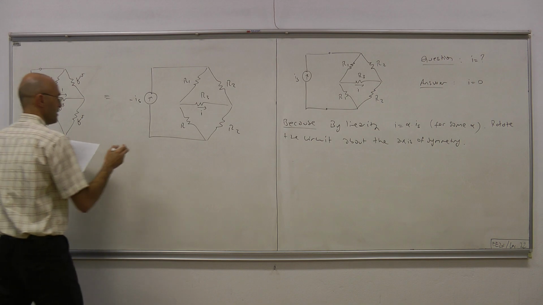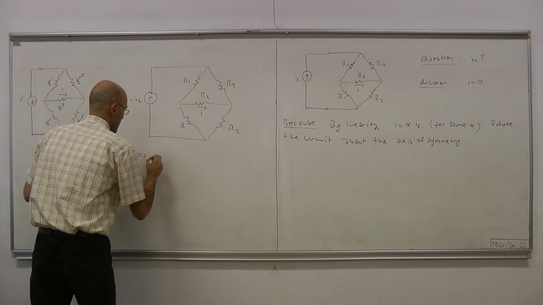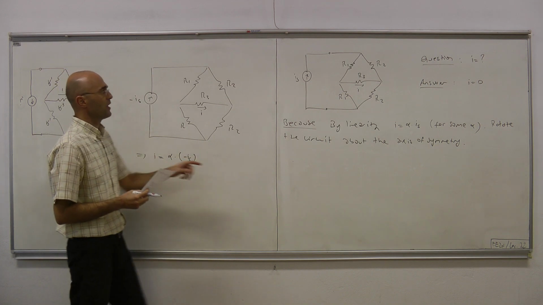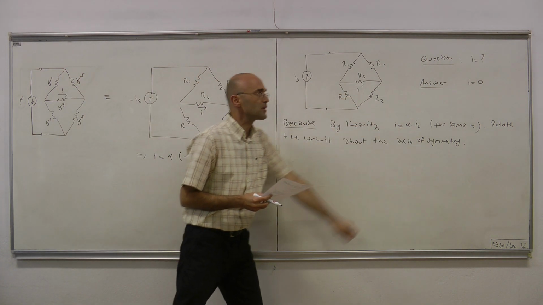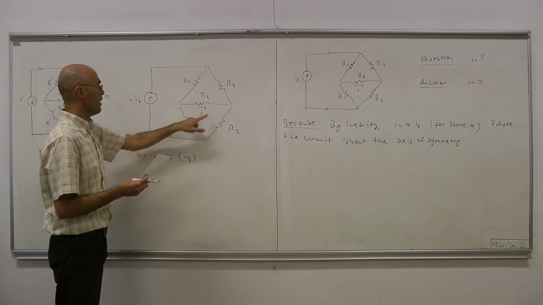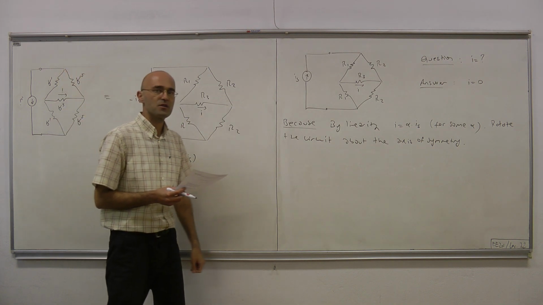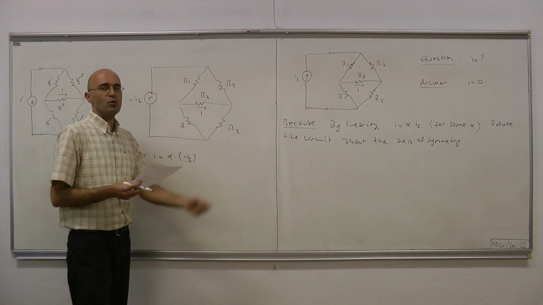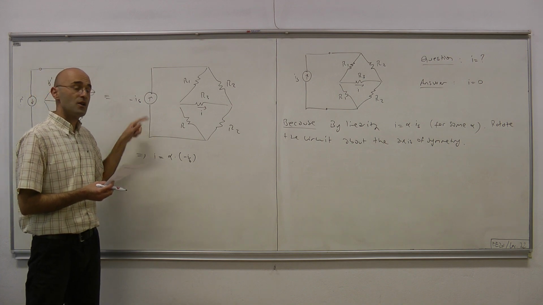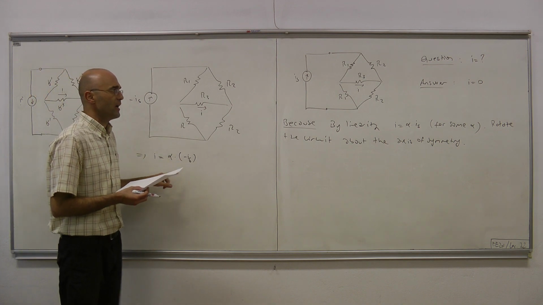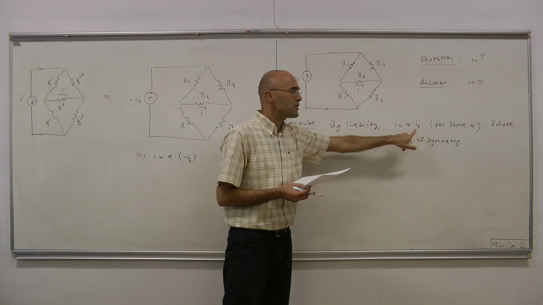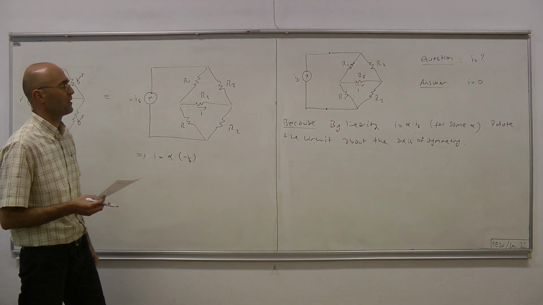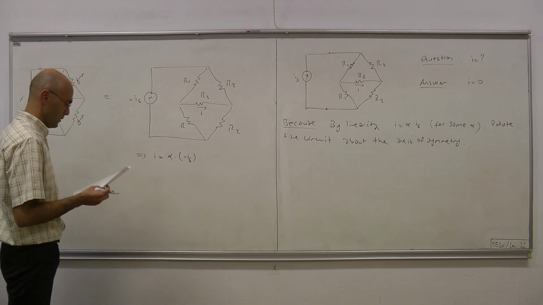So what we have here is I equals alpha times minus IS. Here I equals alpha times IS, and then here the input is minus IS. Therefore I must equal alpha times minus IS. And alpha IS equals alpha times minus IS, and that's true for all IS's. That's only possible if alpha equals 0. And if alpha equals 0, regardless of IS, this current must always be 0. That's an implication of symmetry.